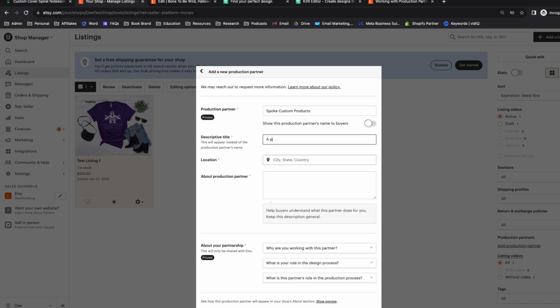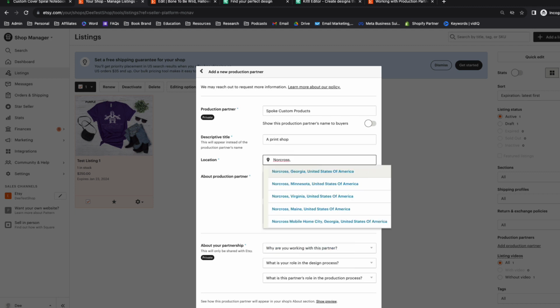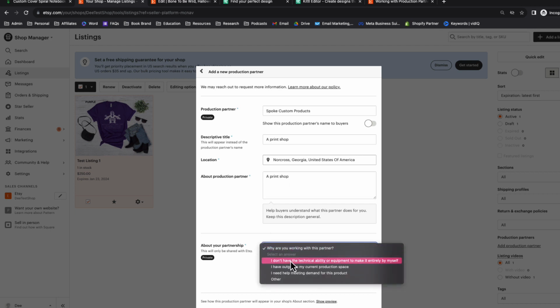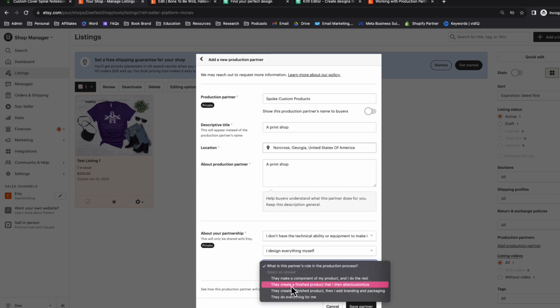It is a print shop. And then as we start typing, it works. Norcross, Georgia, United States of America. A print shop. And then you're going to add, you don't have the technical, you design everything yourself, and they